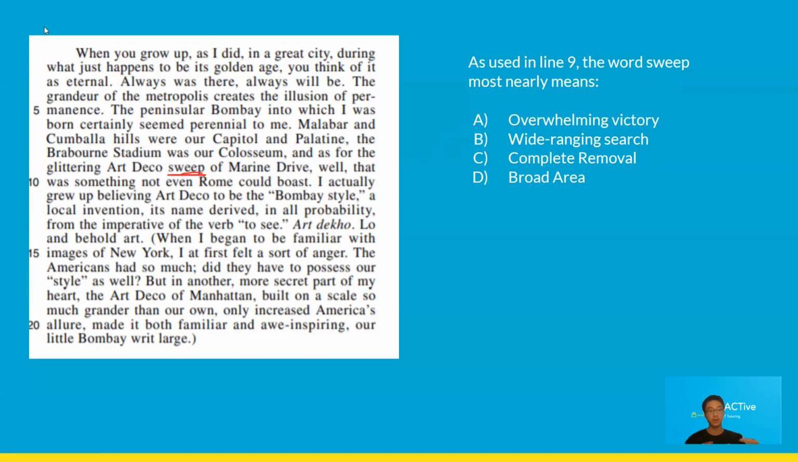So basically, in this section the author is describing the landscape of the city of Bombay and comparing that to Rome and Art Deco aesthetics. So, the Art Deco sweep of Marine Drive. In this case, the word sweep doesn't really mean what choice A says. Let's try plugging in choice A: the glittering Art Deco overwhelming victory of Marine Drive. That doesn't really make sense when you plug that in,